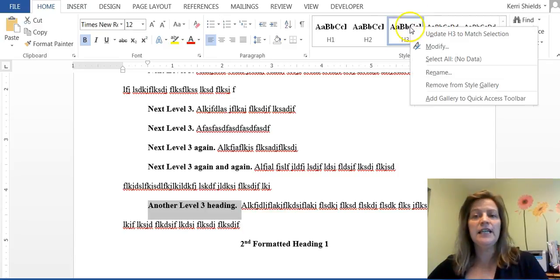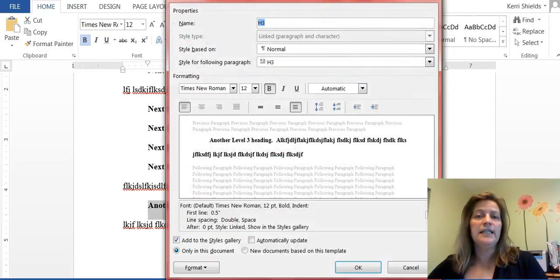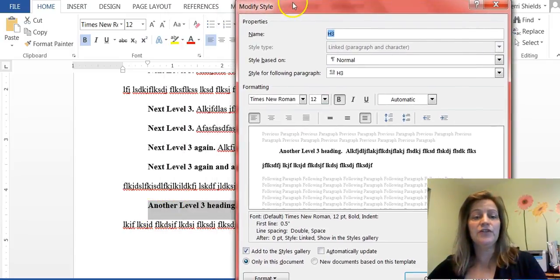Now, how did I create H3? What I did is I typed in the information I needed on the screen and bolded it, and just used the tab key because H3 level 3s are tabbed in to begin with the paragraph. And I made sure that these settings said linked paragraph and character rather than just character. I think we need to have the linked paragraph and character, normal style H3, bold, Times New Roman 12, and